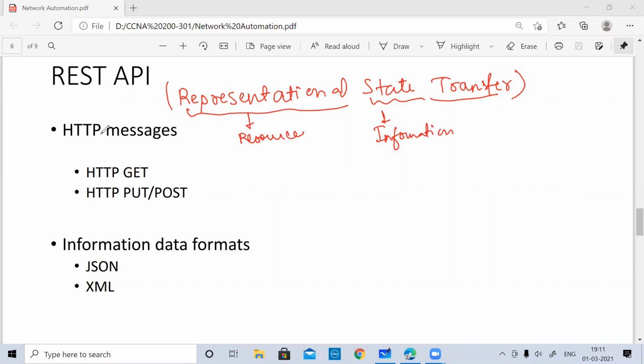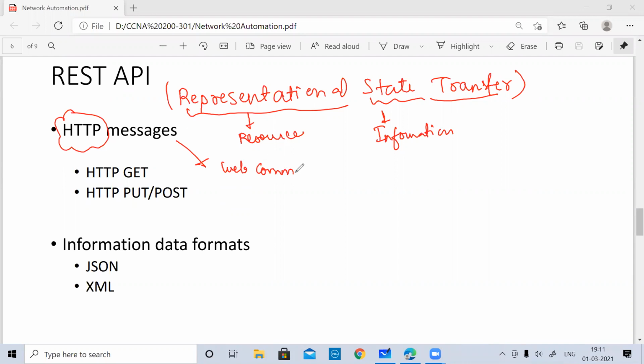Now, as you can see in the slide, I have mentioned something about HTTP. REST makes use of HTTP to send and receive your messages, because the controller is communicating with the networking devices, and your users or your APIs are communicating with the controller. So what kind of messages do they send? They send HTTP messages, which are popularly used for web communication.